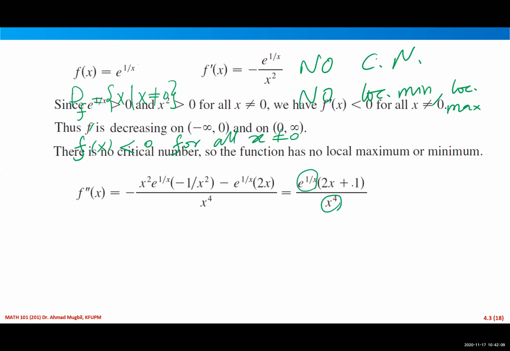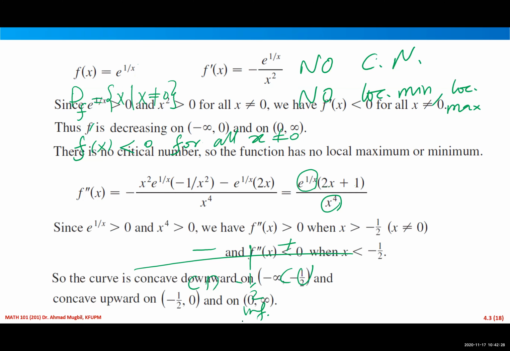You need to find the zero of this. It is negative half. So this is negative half, and clearly after negative half, it will be positive. Here it will be negative. So here it will be concave down. Here it will be concave up, and here we have the inflection point. Okay, that's it. So if you combine all of this information, at the end, this is the inflection